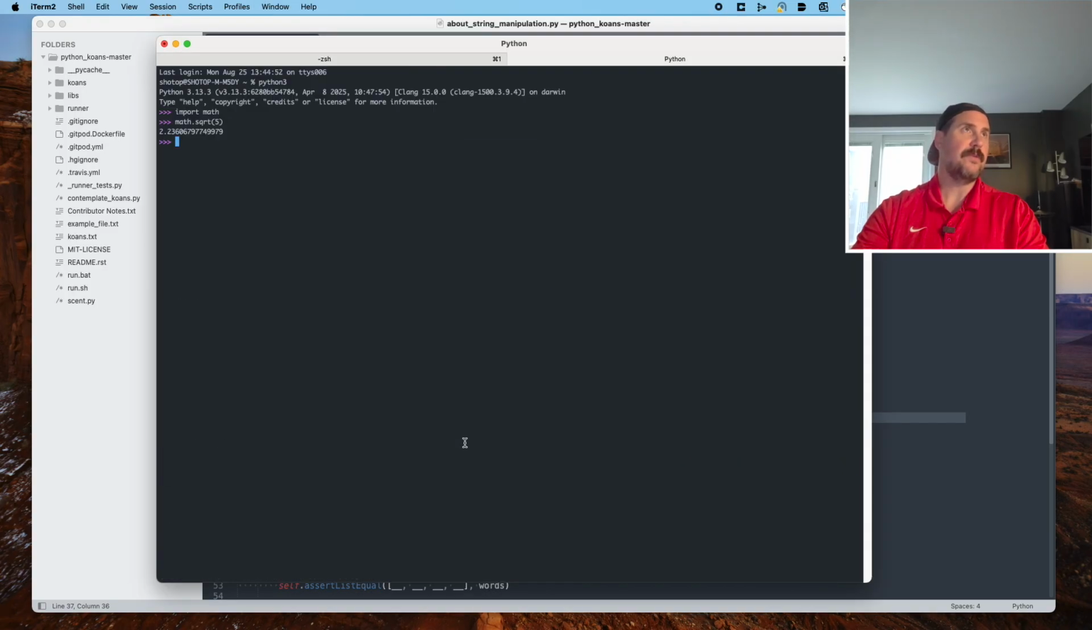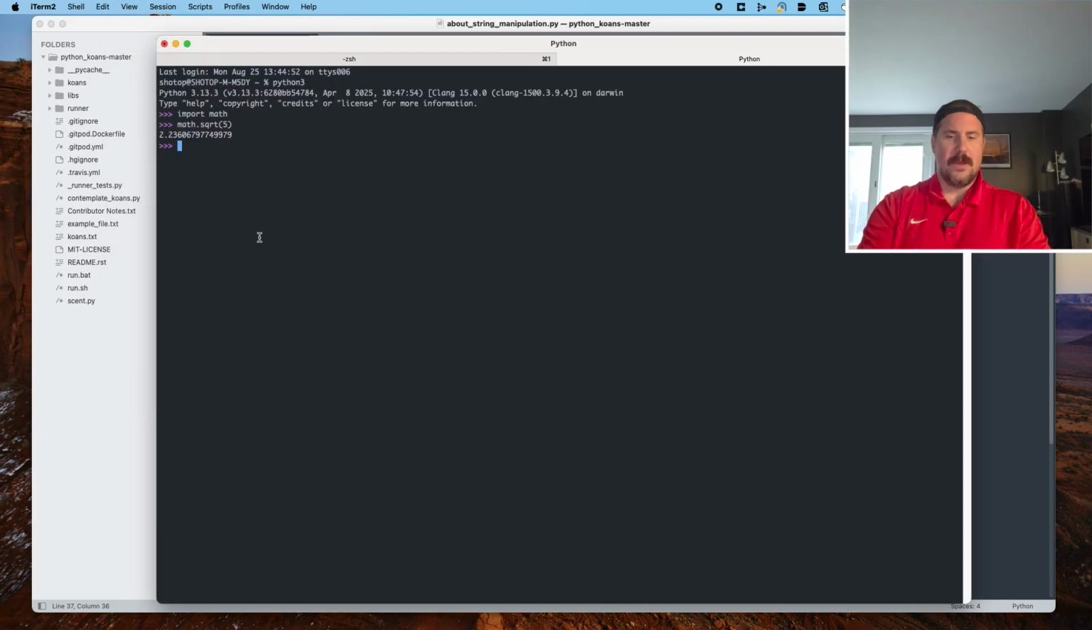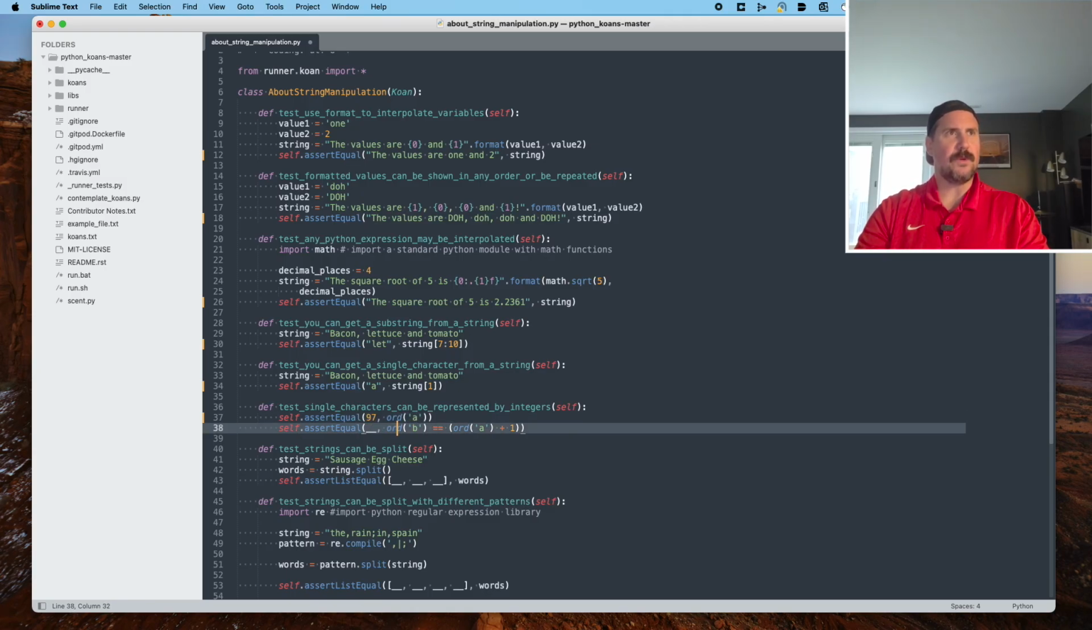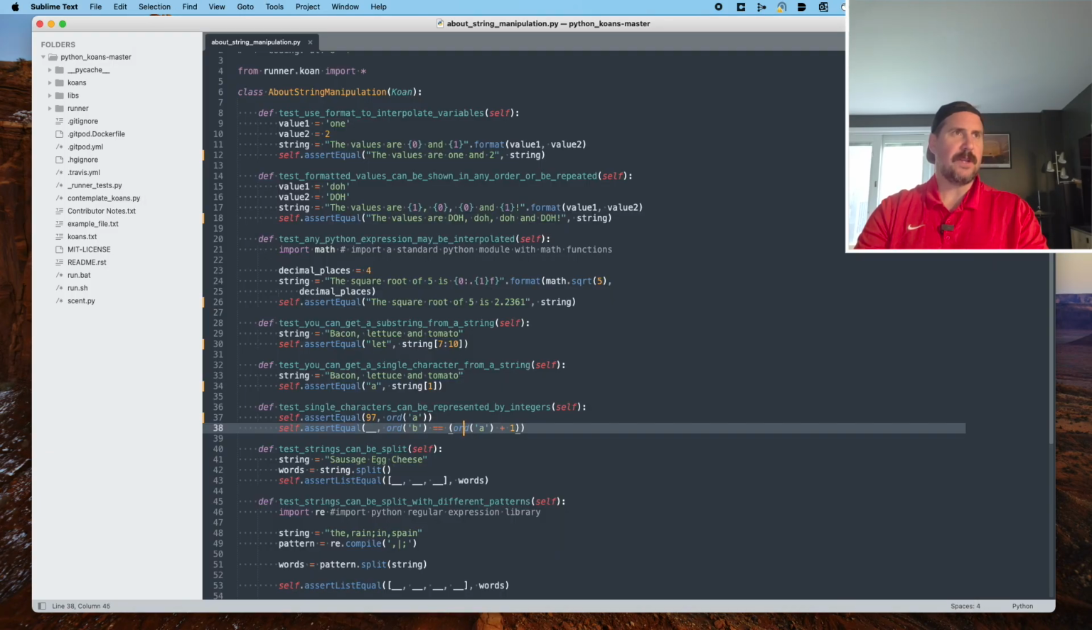Let me do a view, make text bigger. What's ord of A? 97. All right, so we'll put that here for now, 97. And then ord of B equals ord of A plus 1. Is that true? So what's ord of B? Is it 98? It is. So in this case, I think we're going to say